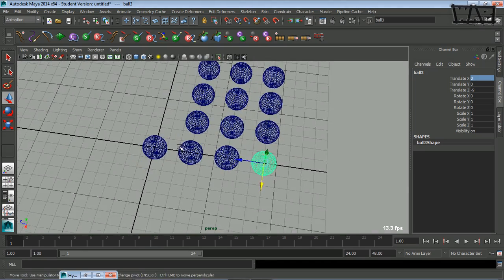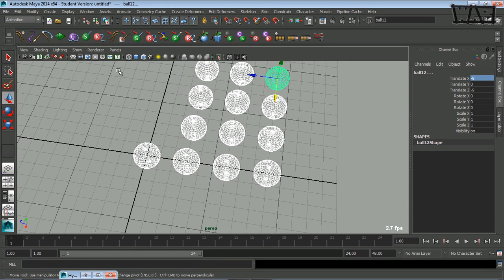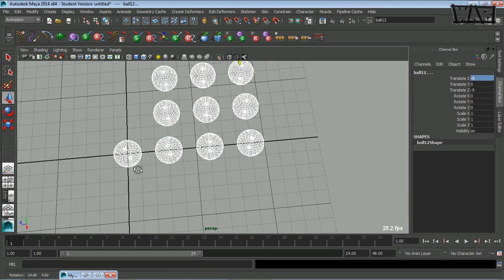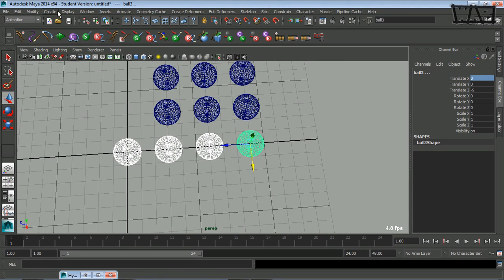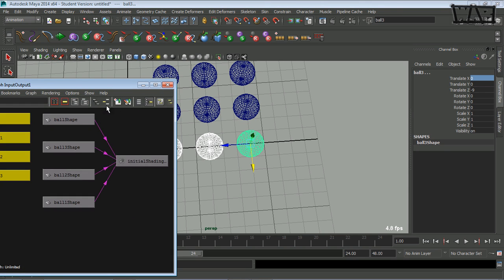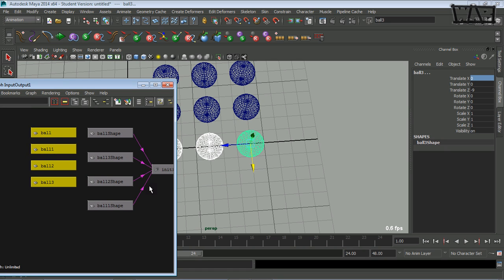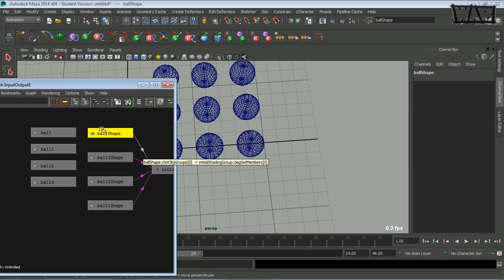Okay, so in order to set this up, we need to select all these. Actually, let's simplify it. Let's not select them all. Let's just select these 4 first, and we'll go to the hypergraph hierarchy and come in here to these shapes. And we need to tell the ball shape to drive the ball 3 shape, ball 2 shape, and ball 1 shape. Okay, so all we have to do to do that is hold down Shift, middle mouse click, and drag